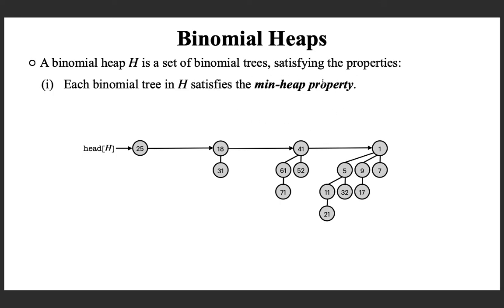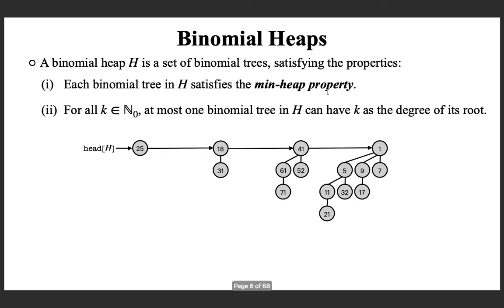And what is the min heap property? It says that if you look at any binomial tree, the root node contains a value which is less than or equal to the value of any node in that tree. So this is the least value among all these nodes. Similarly here, here and there. And that is even true for an internal node which is not the root node. Here you can see that the value is less than or equal to its child node. Everywhere it is true. This is what is called the min heap property.